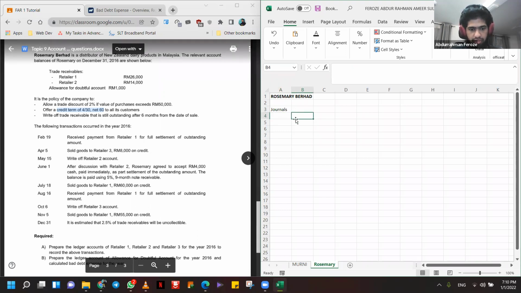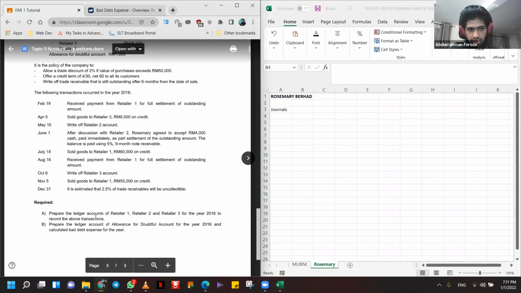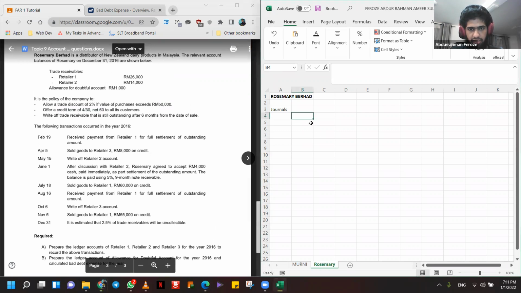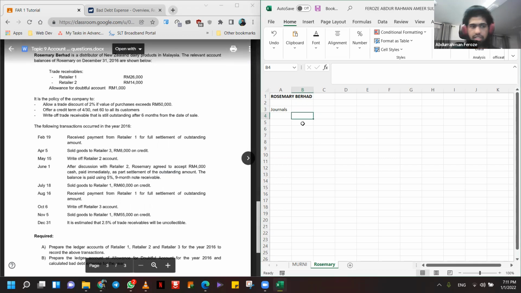All right, so on February, so what is required of us? Prepare the ledger accounts of retailer 1, retailer 2, and retailer 3 for the year 2016 to record the above transactions. Okay. Let's first create a journal for each transaction, and then we can move on to create the ledger accounts for each retailer, right? So on February 19th,